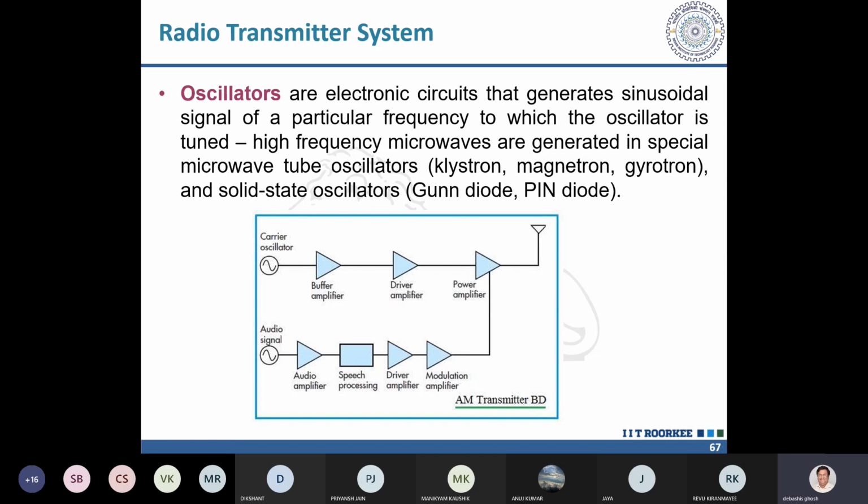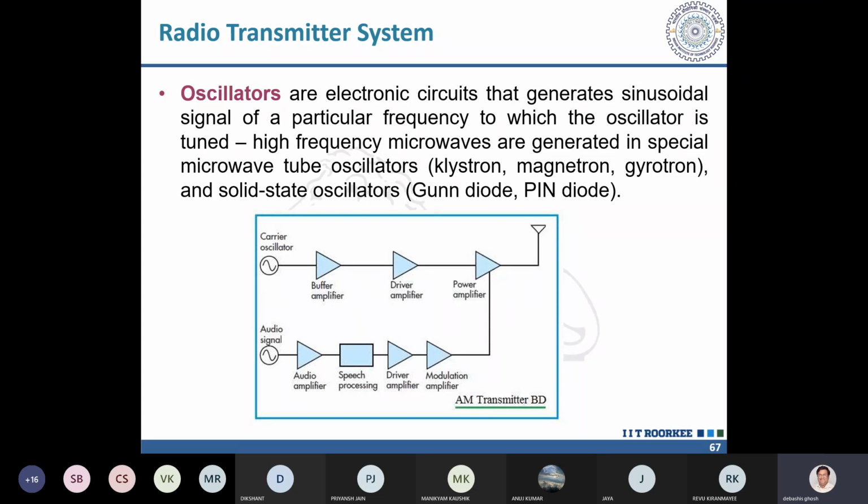Okay, so some current is produced here, some fluctuating electric current, and that electric current will be producing a fluctuating magnetic and electric field in the surrounding air, and that is how the EM radiation takes place in the antenna. A receiving antenna will do the opposite: whatever fluctuating electric and magnetic